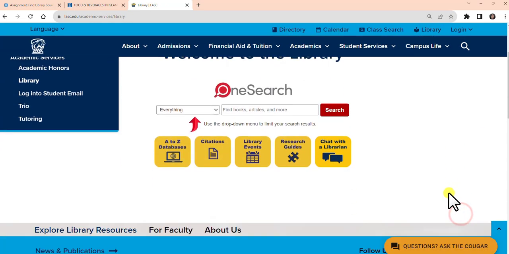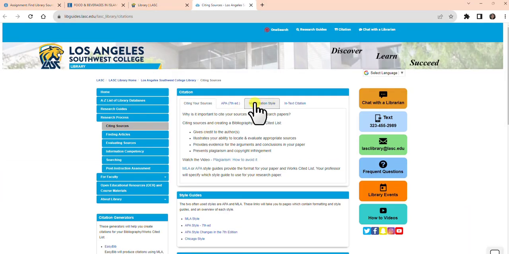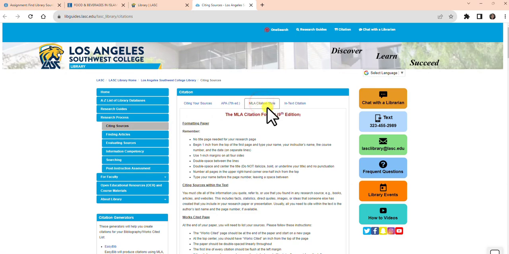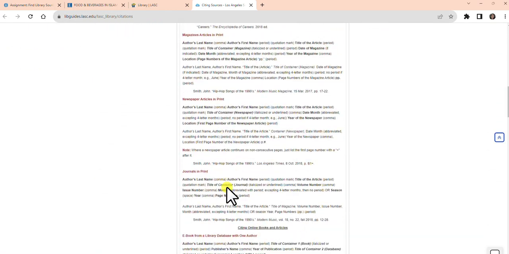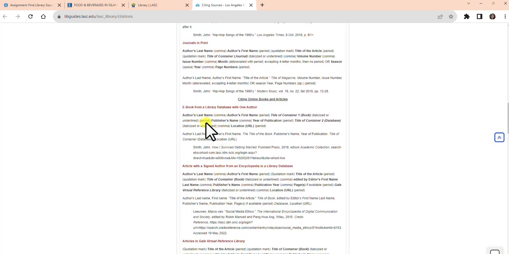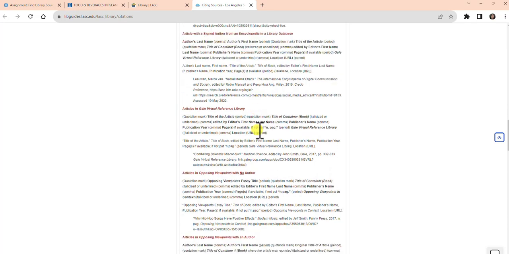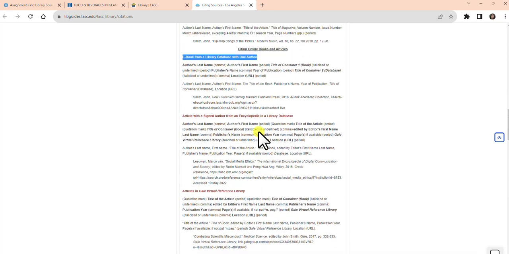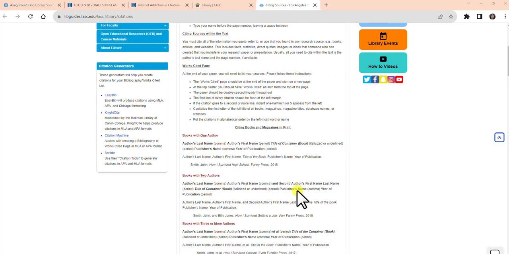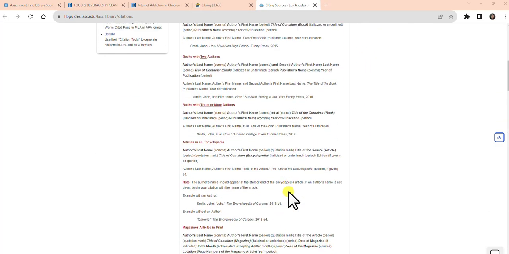From there, I'm going to scroll down to citations. Then I'm going to click over here where it says MLA style. Then I'm going to scroll down and I'm going to look for the example. So this one is an ebook from a library database. Well, let's see. Let me see if I can find an actual example. So I am looking for